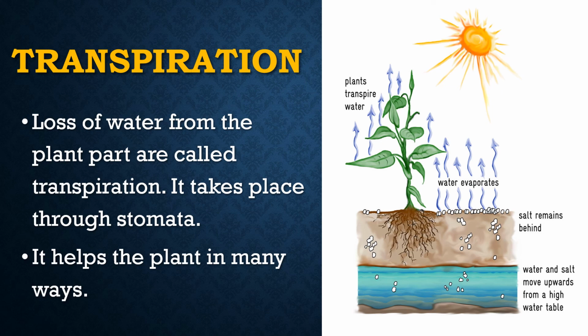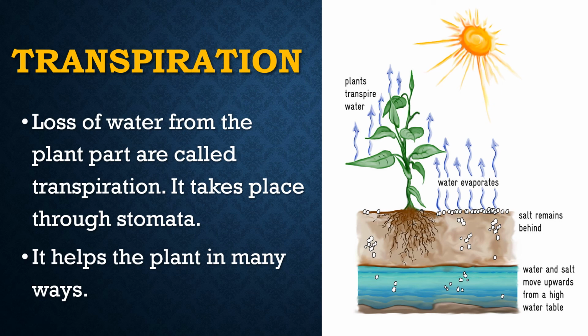There is a very important process, transpiration. First we will know what is transpiration. It is the loss of water from the aerial parts of the plants. Aerial parts means not only leaves, the stem is also involved and all the parts which are above ground. But majorly the water is lost through the leaves. And that's why we define it as the loss of water from the leaves.